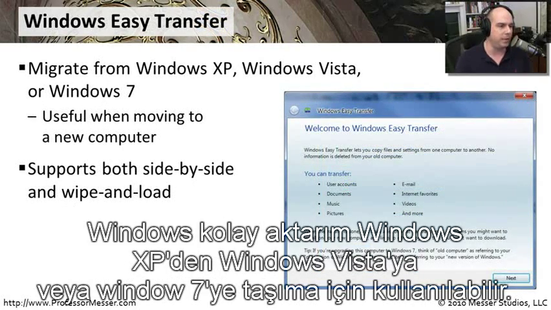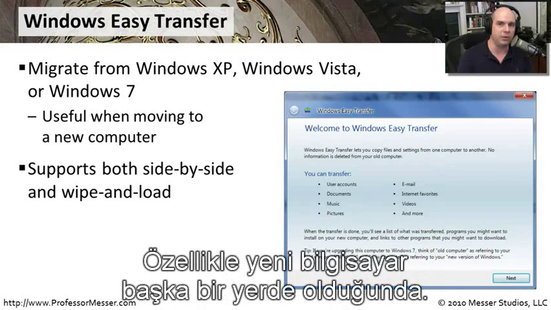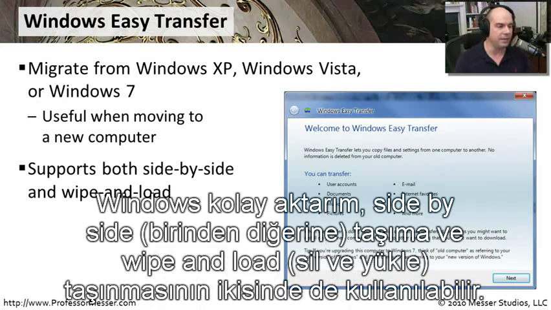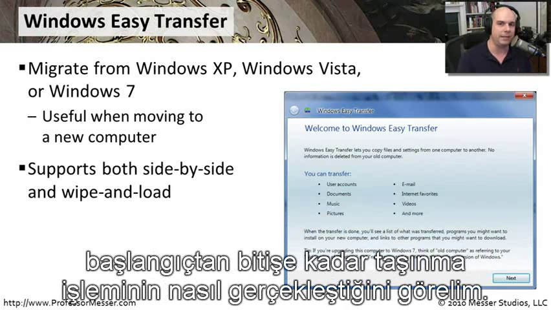Windows Easy Transfer can be used to migrate from Windows XP, Windows Vista, or Windows 7. And when you're moving to a new computer, this is really, really useful, especially if the new computer happens to be in another location. You can do both side-by-side migrations and wipe and load migrations with Windows Easy Transfer. It's very, very easy to use. Let's run through a migration and see exactly what it takes to get from beginning to end through the migration